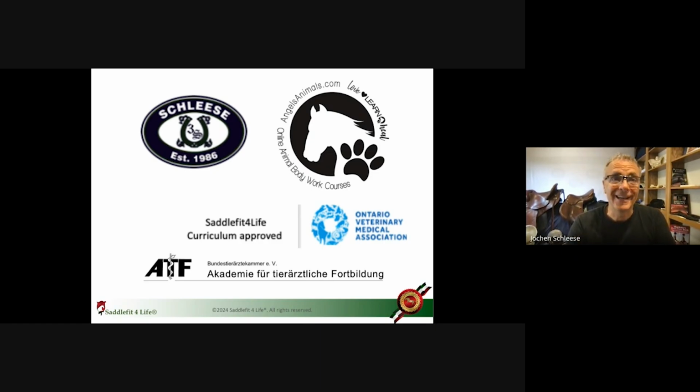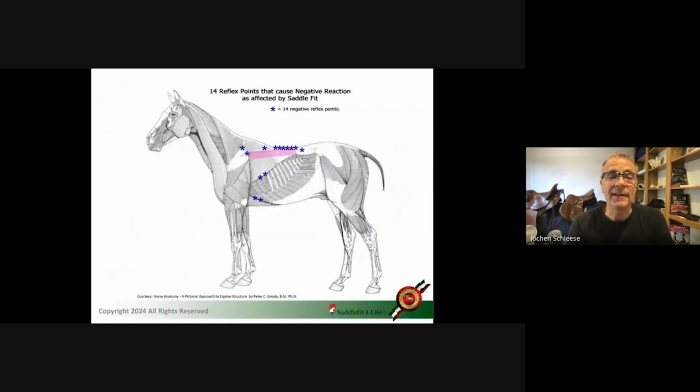But yes, let me just start quick by sharing with you again those different points like we talked about and are going to talk about. Now we're going to focus on this point right here. This is in front of that pink area where saddles have been made and focused for many years. Then you can of course say, what has that to do with the saddle? It sits way up there.